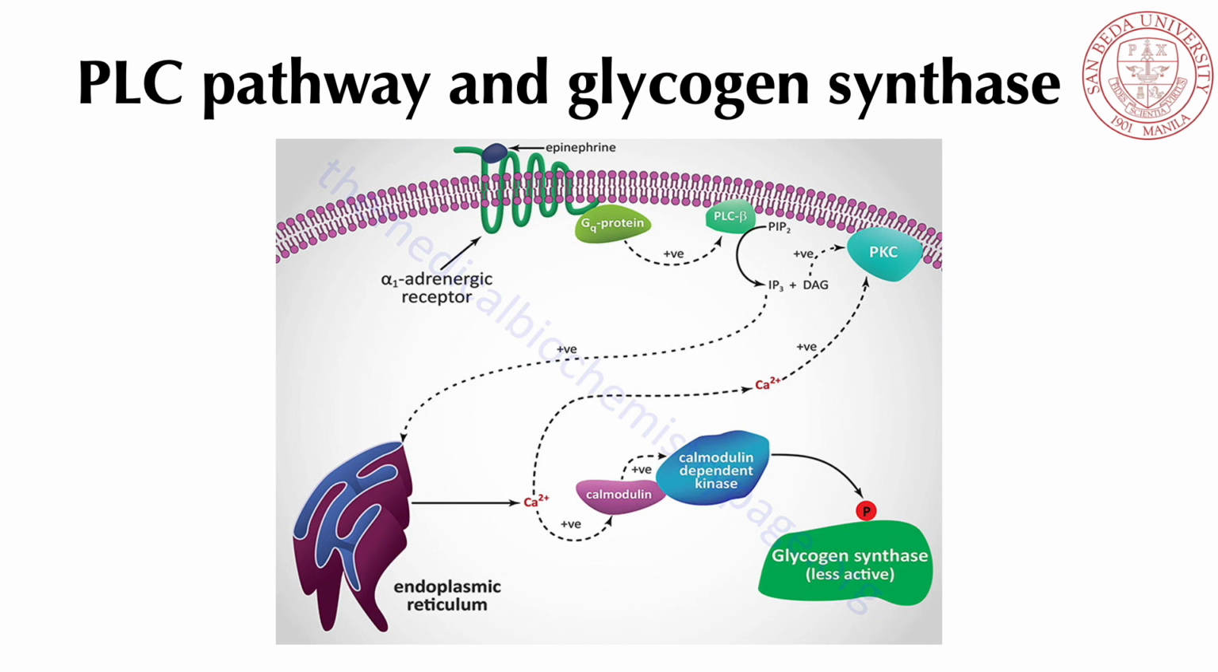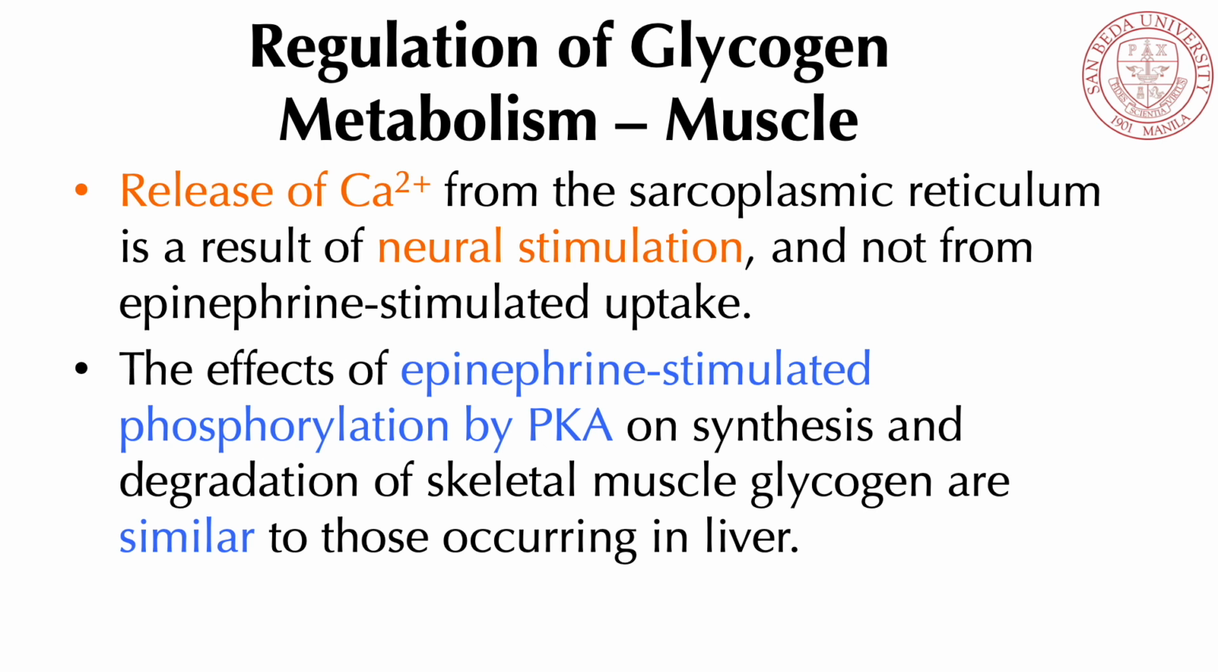Now, how do the calmodulin and its associated kinase relate to glycogen metabolism? In glycogen metabolism, the kinase closely associated with calmodulin is called the calmodulin-dependent kinase. Through epinephrine, the complex is activated, which in turn phosphorylates glycogen synthase, making it less active, thus making glycogenesis less likely to push through. So, as was recently mentioned, the release of calcium ions from the sarcoplasmic reticulum in skeletal muscle is more a result of neural stimulation than epinephrine-stimulated uptake. And just to reiterate,